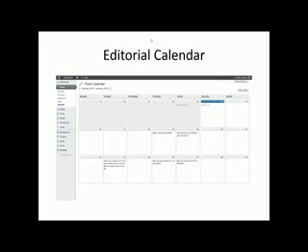You can really do this calendar in any format that you want. The example on the screen is a plugin for WordPress that allows you to keep that calendar right in WordPress. You might want to use the Google Calendar that comes as part of your Google Apps. You could use a pen and a paper date book. You could use an Excel document. Really, it's absolutely any way that makes sense to you. The most important thing is just to find a system that works for you and stick to it. Editorial calendar is kind of like going to the gym. It only works if you stick to it.